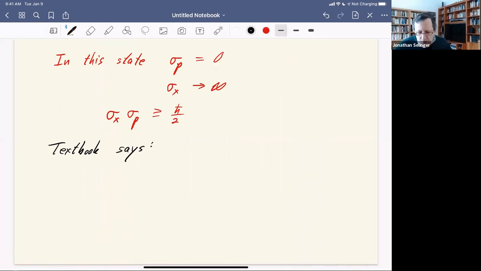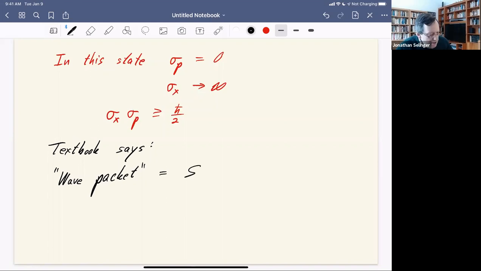The textbook says we need to consider states which are not just a single complex exponential like that, but instead are combinations of many such exponentials, okay? And so it says that we need to consider a state which is called a wave packet,